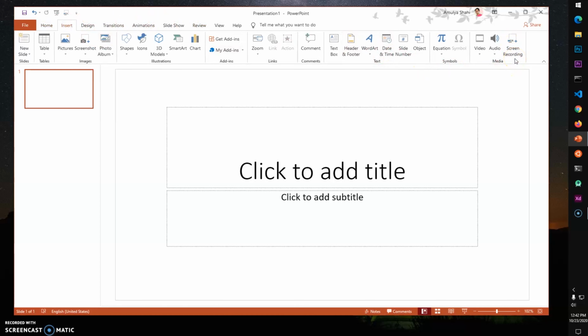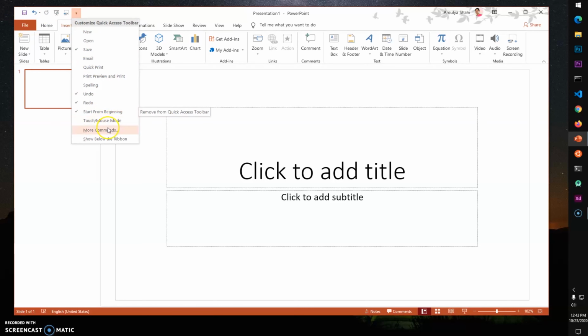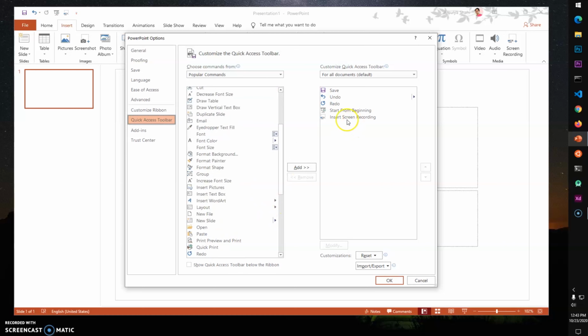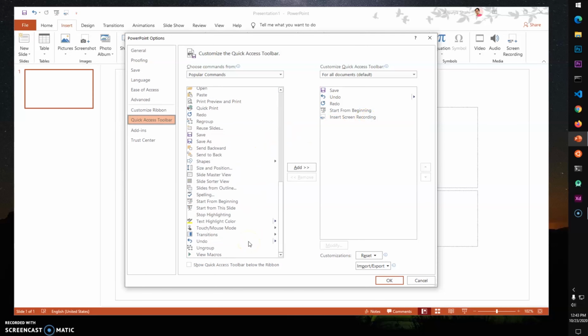and go to Insert and click Screen Recording. Or what you can do, because it takes a bit longer, you can pin it to this Quick Access section here by pressing this button and go to More Commands and look for Screen Recording. So you can see I've selected here Insert Screen Recording, so you'll have to look for it, select it